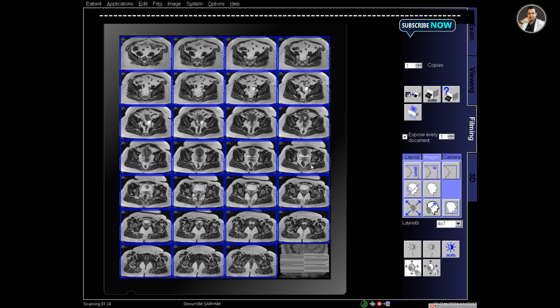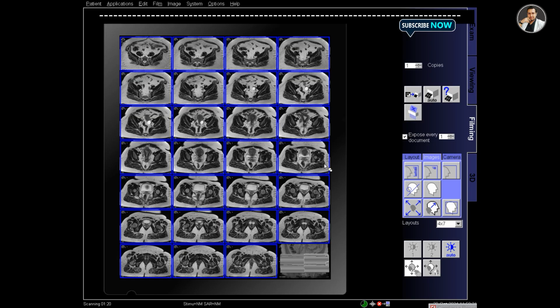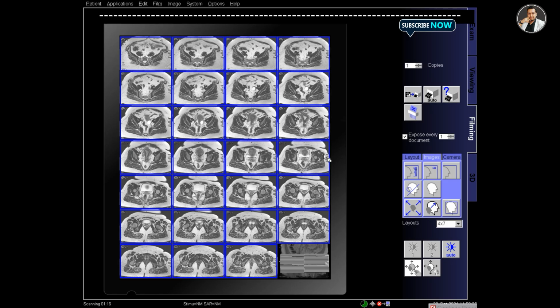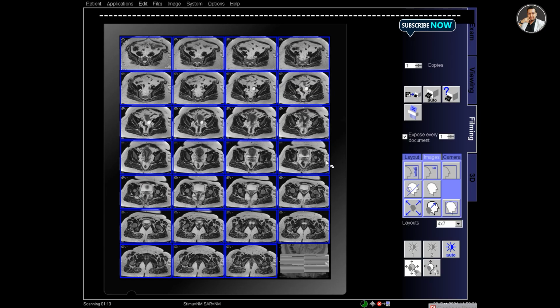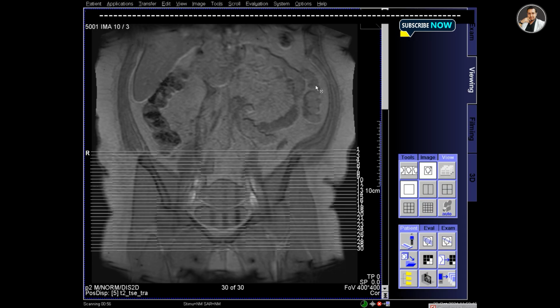I always take time in windowing, changing the contrast. As long as I am not satisfied, I keep changing the contrast. When it gets perfect, I print out the film. So don't cut out the upper abdominal wall. It's very important.